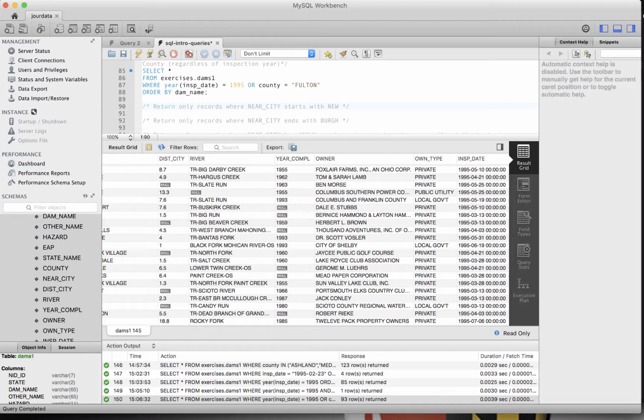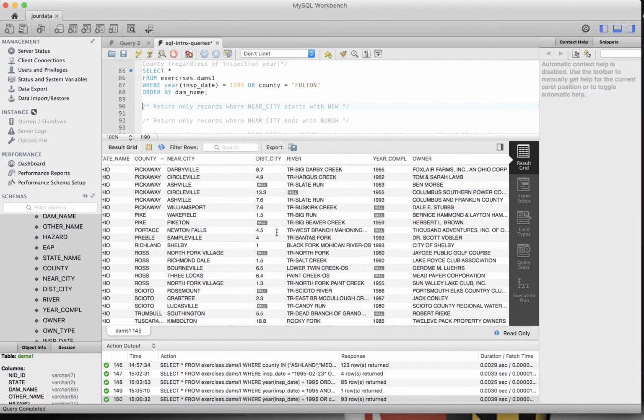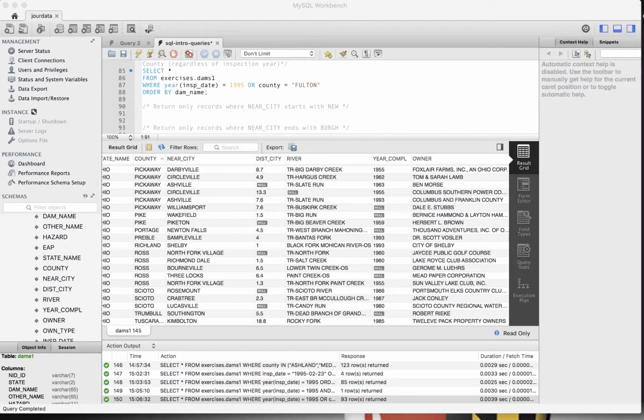In our database table for dams, we have a field called near city, which is a notation of the nearest city to this dam. Suppose we are looking for a list of records where near city starts with the three letters NEW. In this case, I could copy this in here